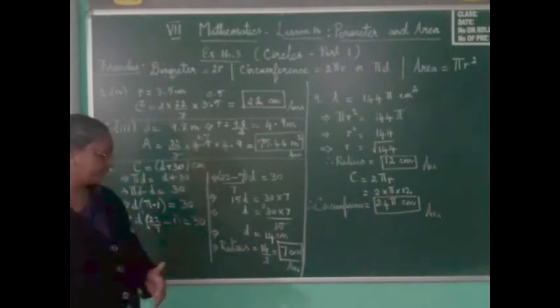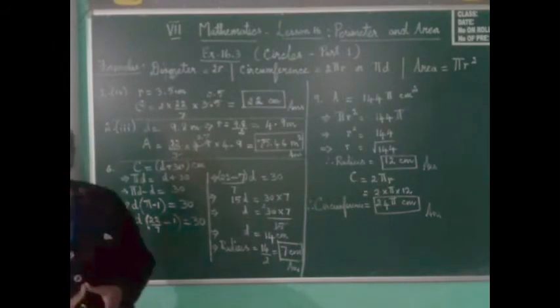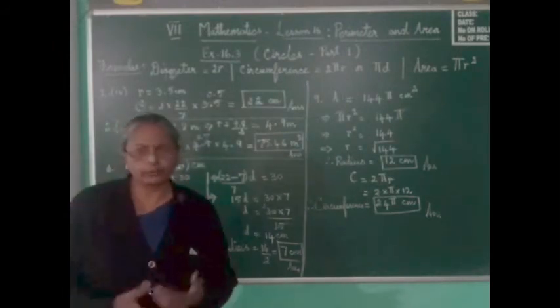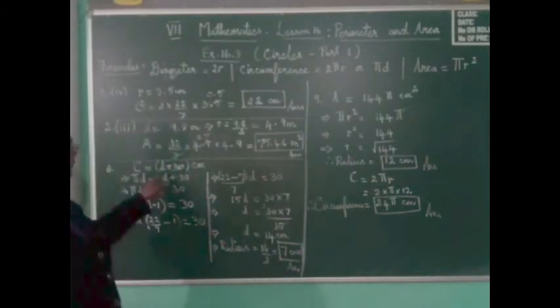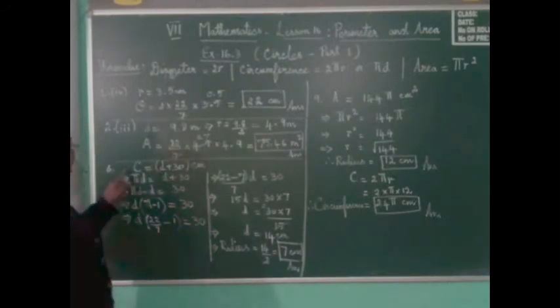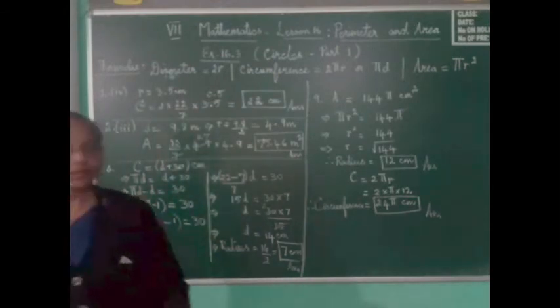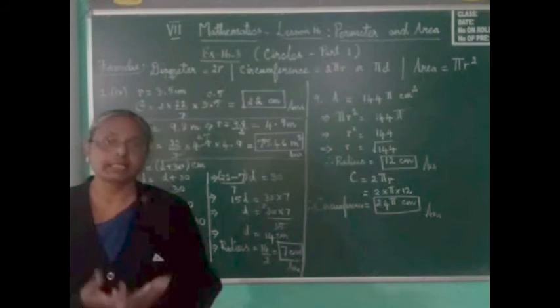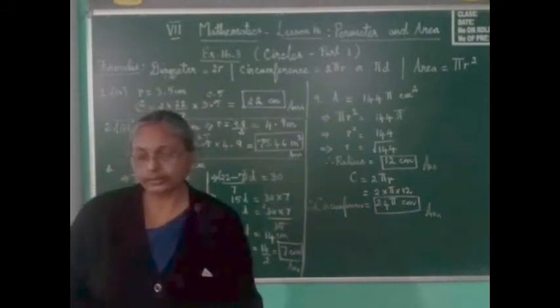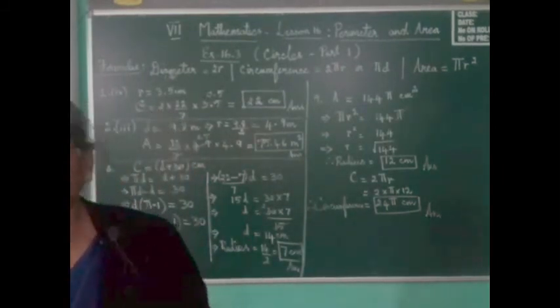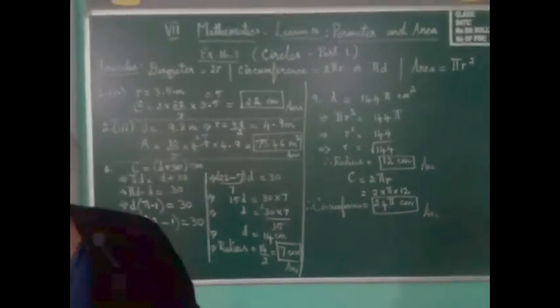So from here we can find the radius easily. You can do it by other methods also. You can use 2r for the diameter, and in place of c you can write 2 pi r, and then also you can do it. Whichever way is easier for you, whichever way you can understand, you can try out in that method also. Now you can see the 9th sum.